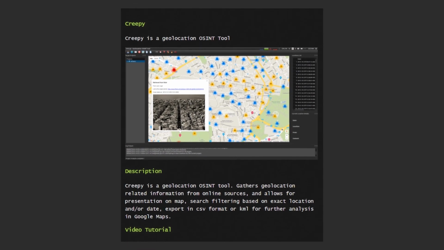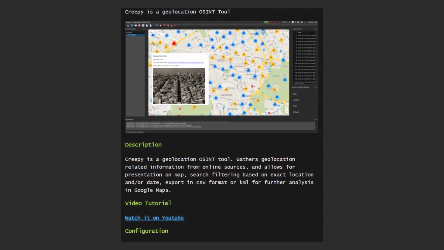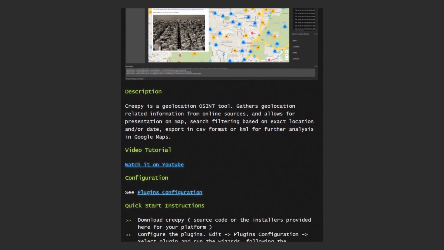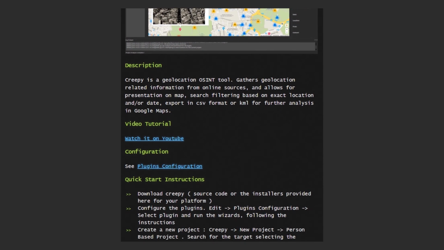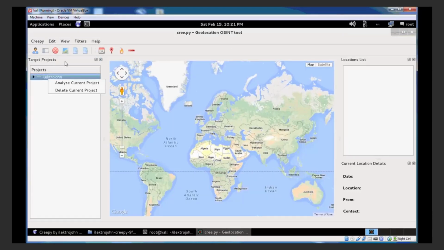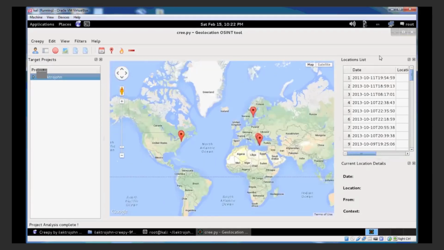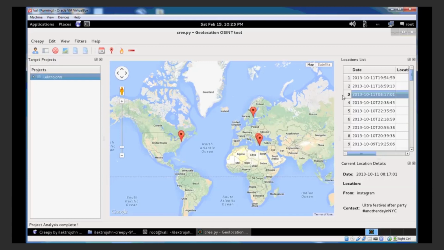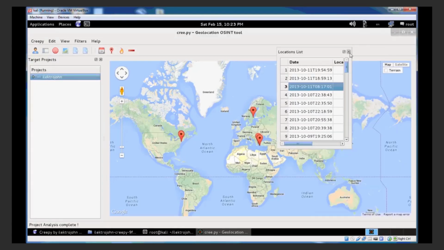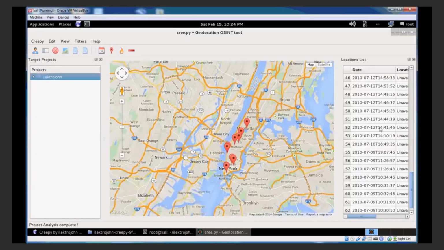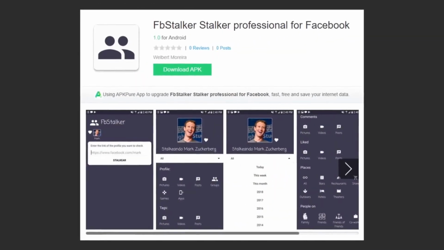The first one is a program aptly named Creepy and is designed to collect a user's geolocation based on their data collected on Google, Twitter, and Instagram. This can be called an improved version of Who's in Town, although the program in question was actually available long before Who's in Town. After entering a person's social media username, ID, or email address, the system analyzes the data and issues an accurate map of the user's movements. It sounds really creepy.